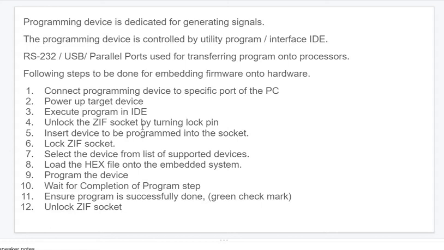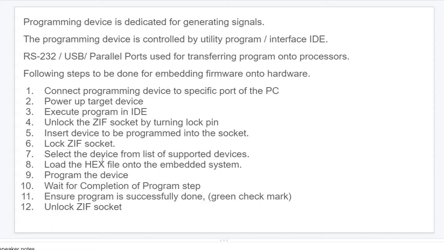To connect, we have to unlock the ZIF socket and insert the device to be programmed into the socket. After that we have to lock the ZIF socket. If you don't lock it, what happens? A loose connection may result in part of the data being lost. To avoid that, we should lock the ZIF socket.